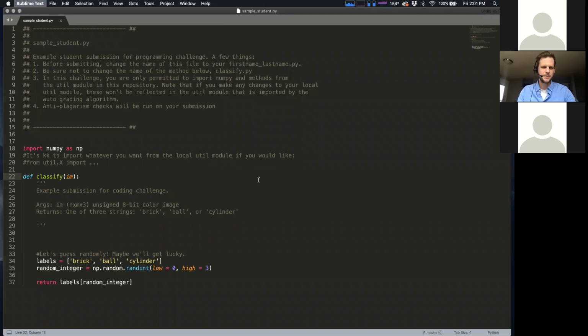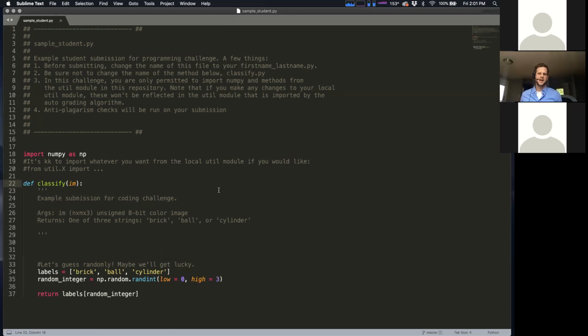So here's an example .py file. I've opened this .py file in my favorite text editor. It's called Sublime Text. It's a little bit old now. I'm kind of old. I don't know. There are some cooler ones now. A lot of people like PyCharm. A lot of folks like JetBrains. No, JetBrains makes PyCharm. VS Code is another popular one. But either way, whatever tool you want to use to open .py files is fine.